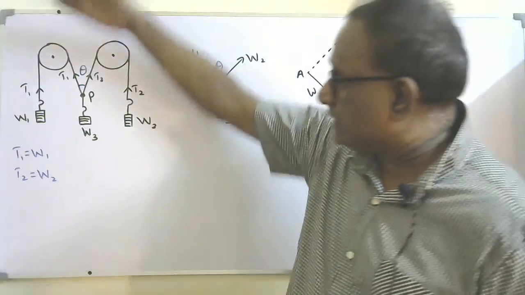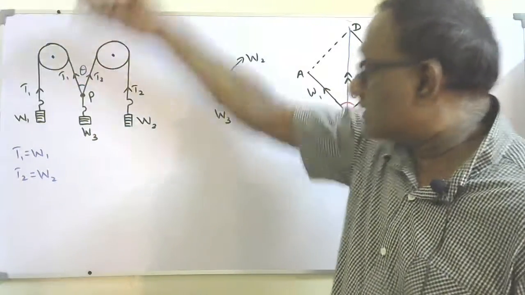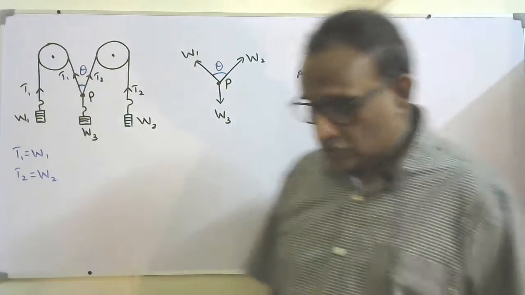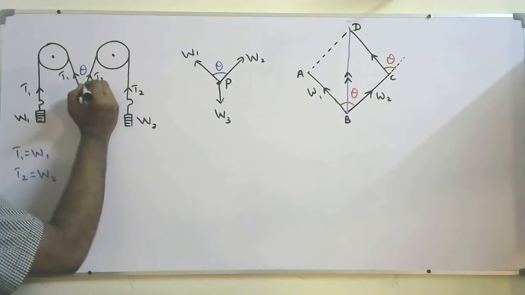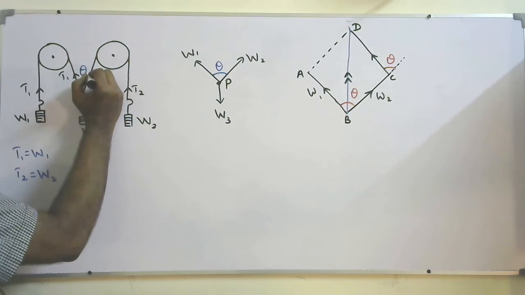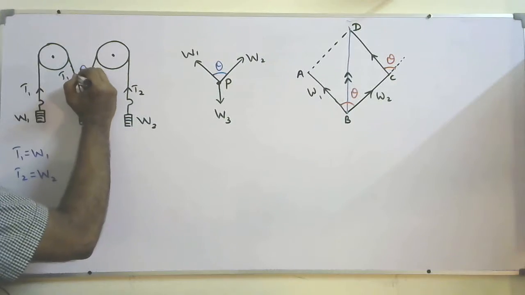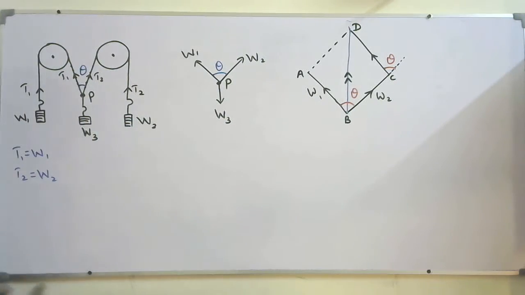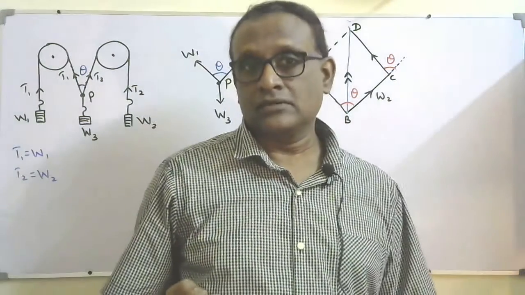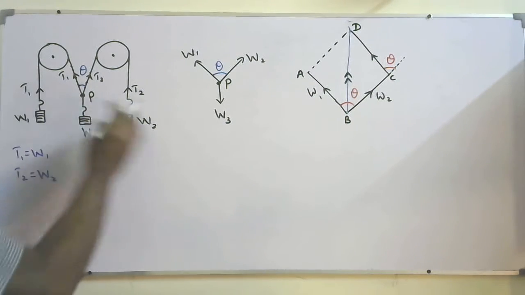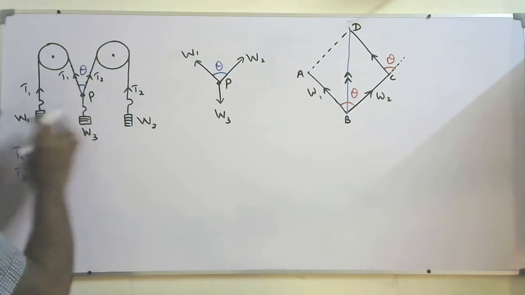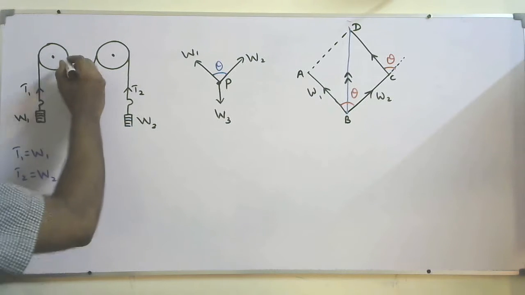You are keeping a white sheet behind this system. You can use a pen or pencil and mark the position of the strings by using some dots. You can put a few dots behind it and mark the position of the string. Now you keep the whole system at rest. Until it comes to rest, you should adjust the weights. Then you mark the dots.